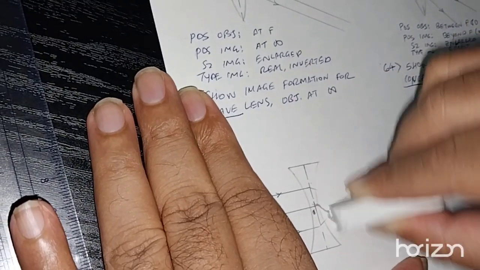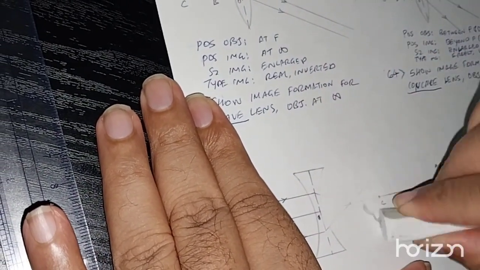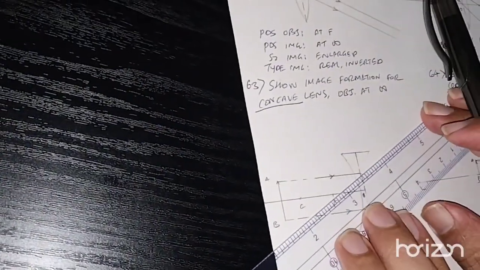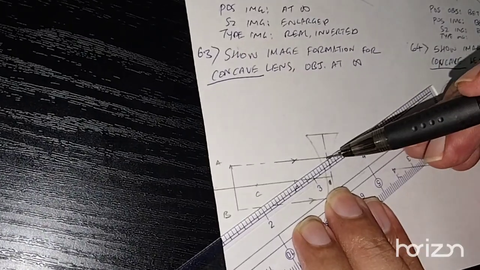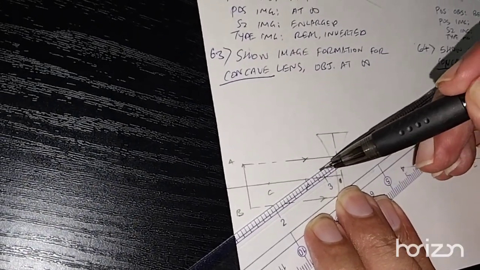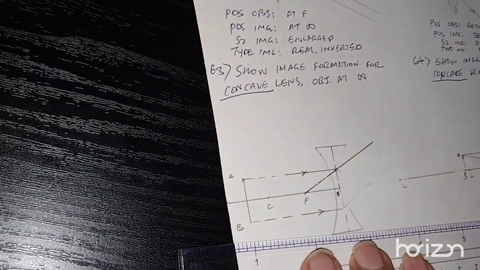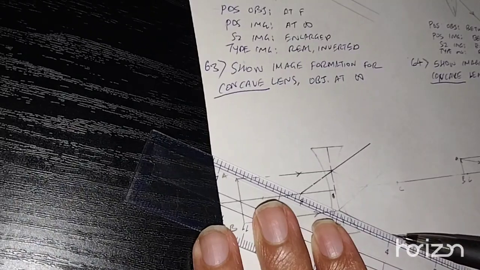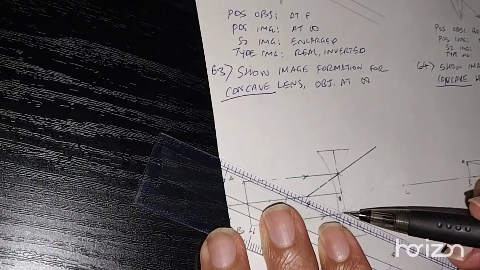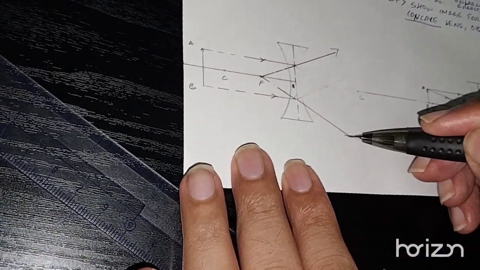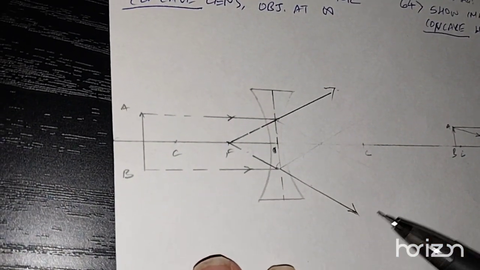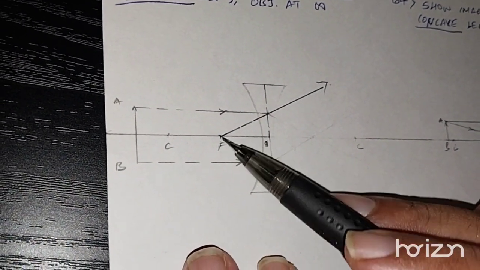So this is a concave lens, so the rays will get diverged and the image is formed at F but on the same side as the object. So this will get diverged like this. But if you backtrace it, I'm backtracing it, it hits the F. Similarly this also will get diverged like this, right? But when you backtrace it, it will appear as though it is coming from F. So this ray gets diverged like this, the ray from B gets diverged like this, but they appear to be coming from